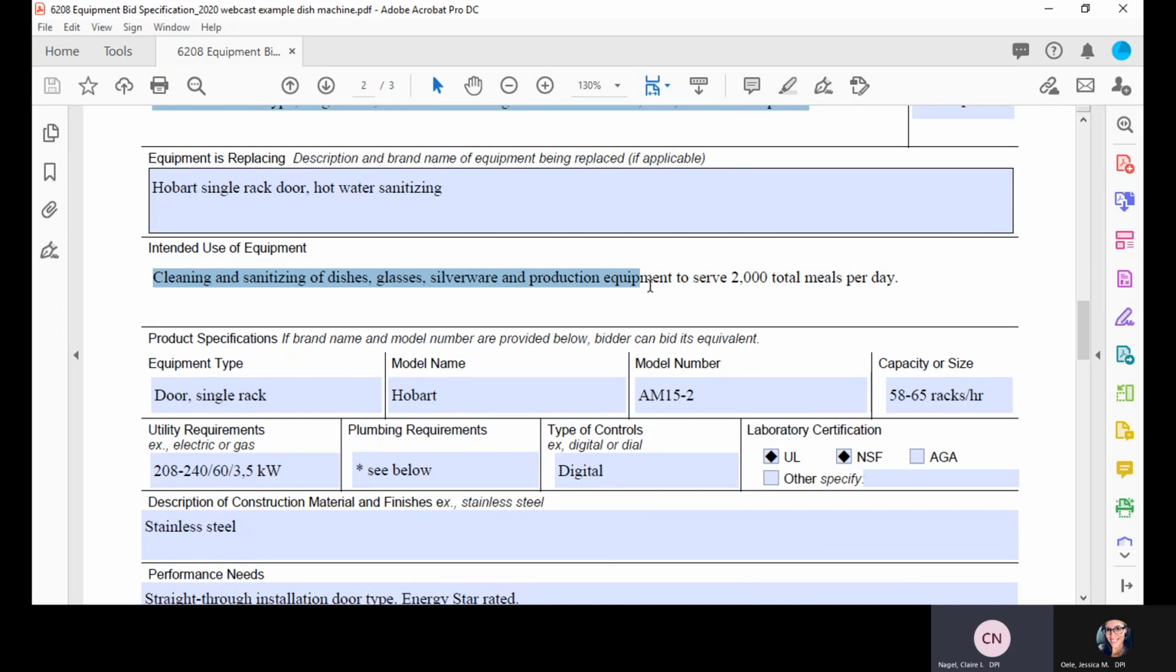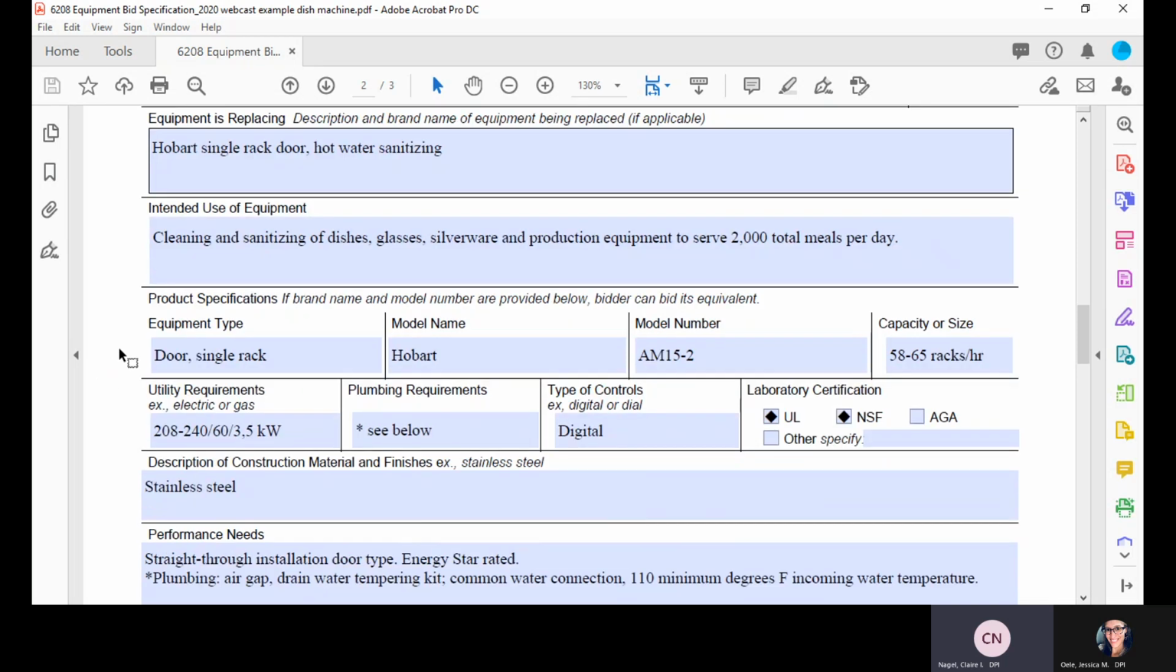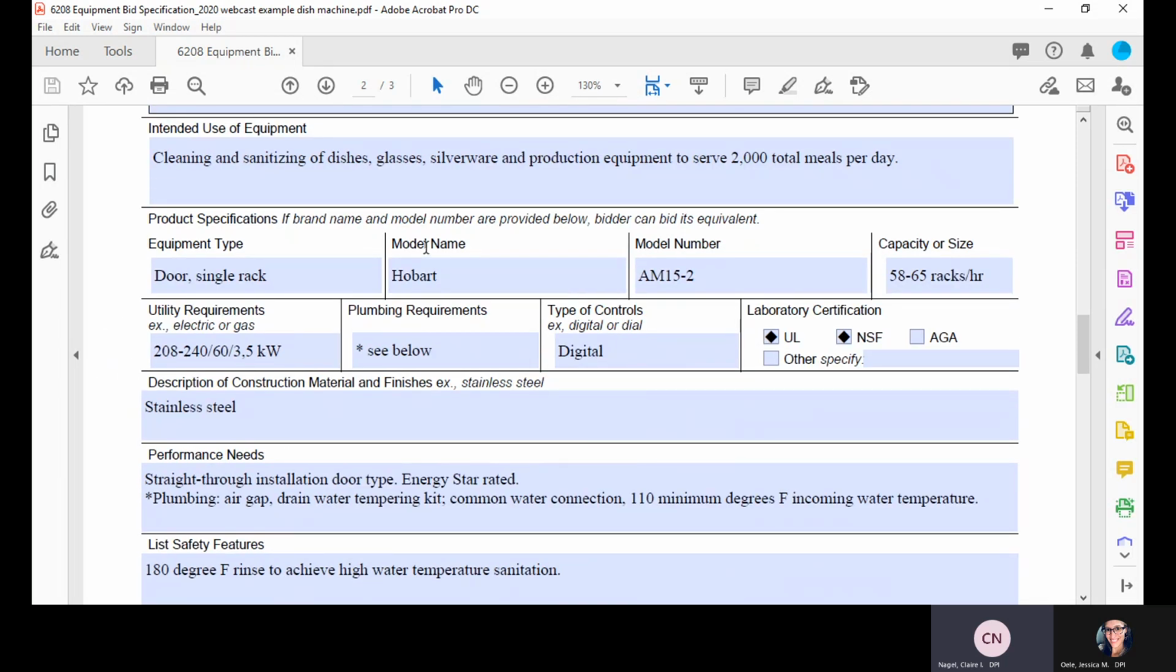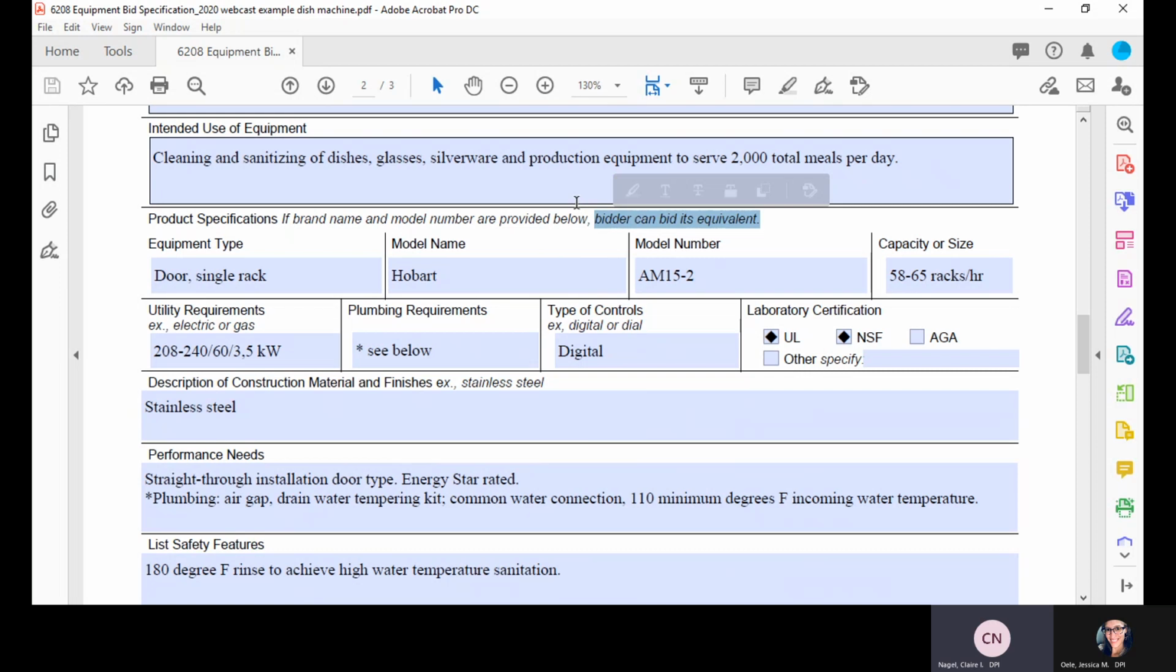Product specifications must be researched and pre-planned to clearly communicate your needs, but must not restrict competition. If a brand name and model number are mentioned, an equivalent product must be allowed to ensure open and free competition. We obtained the equipment type,